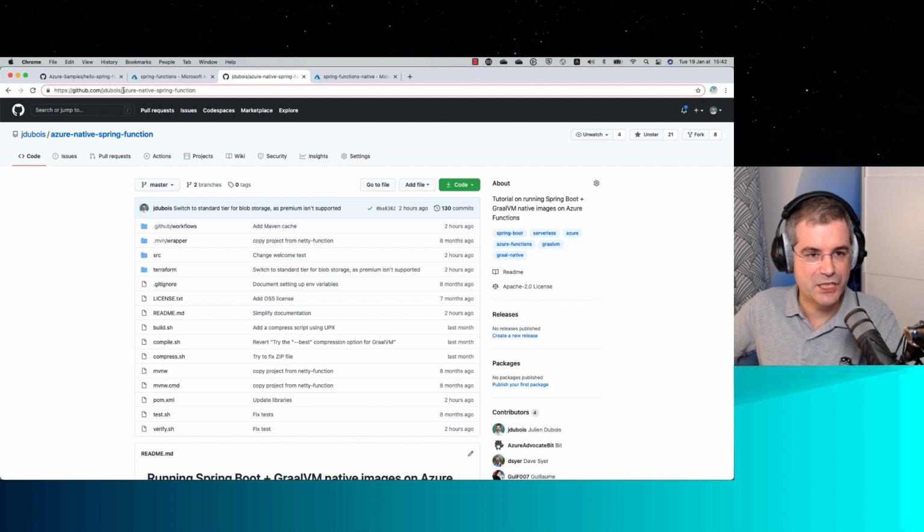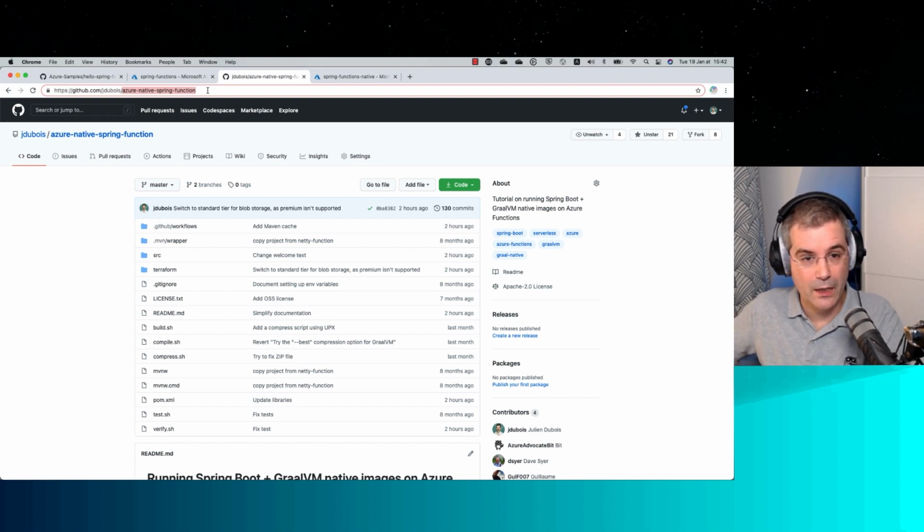GDubois/Azure Native Spring Function. This is an application that I forked from some official sample code from Pivotal, from VMware. That's from the Spring team, but I modified it quite easily for Azure, because I've got some tricks I want to use, and I'm going to show you all of this.